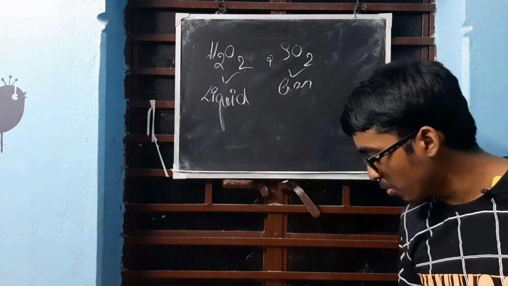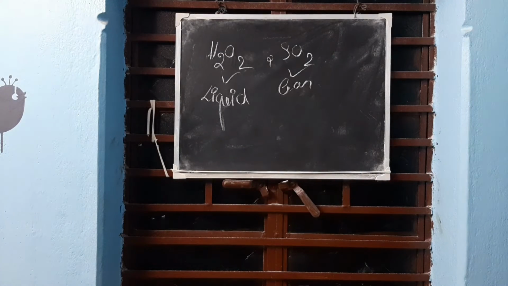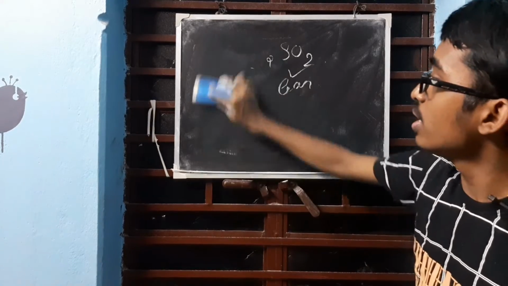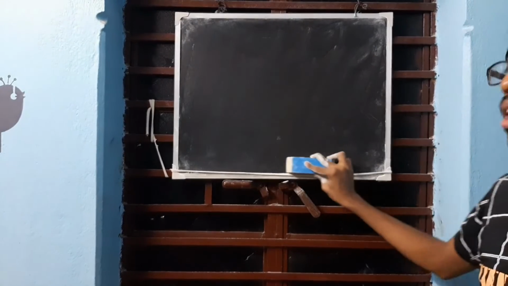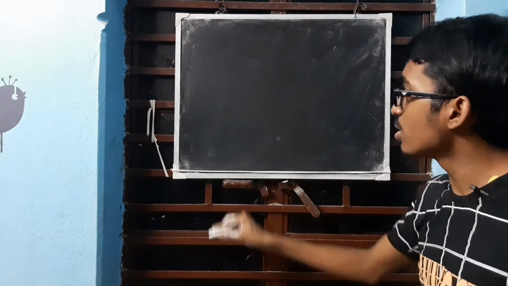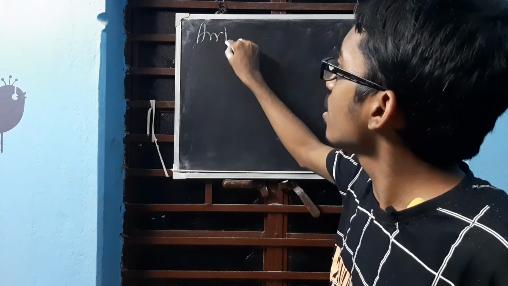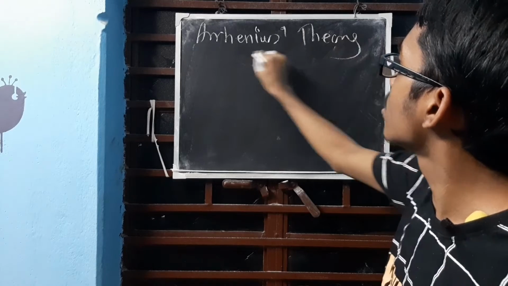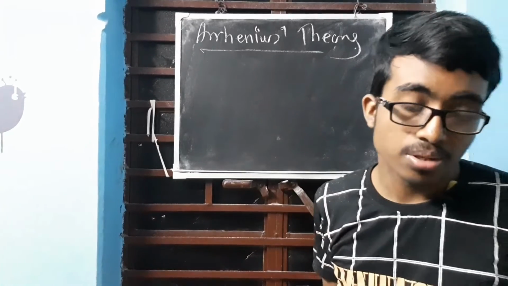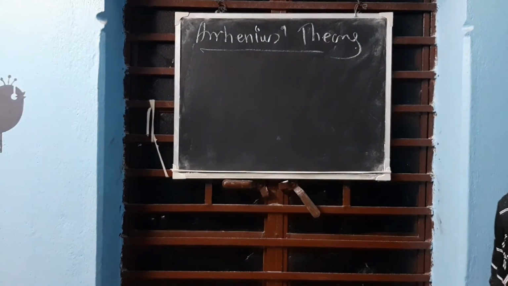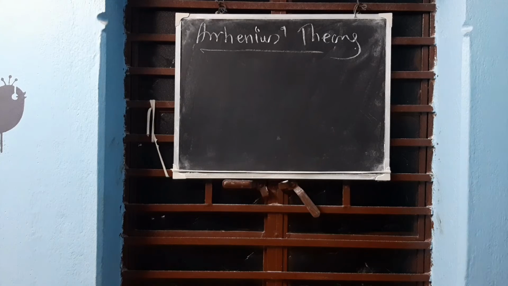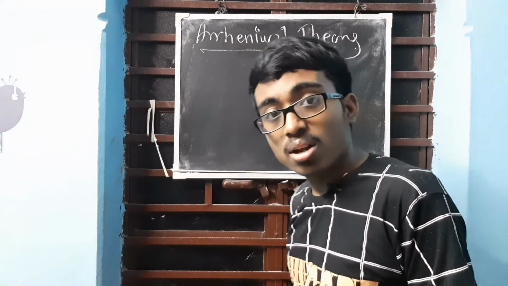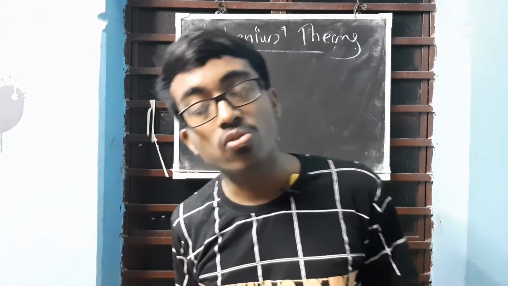Okay. Next we will move on to Arrhenius theory of electrolytic dissociation. Actually it is Arrhenius theory of electrolytic dissociation. So I am writing Arrhenius theory. Arrhenius theory states that electrolytes upon dissolving in water will dissociate to form